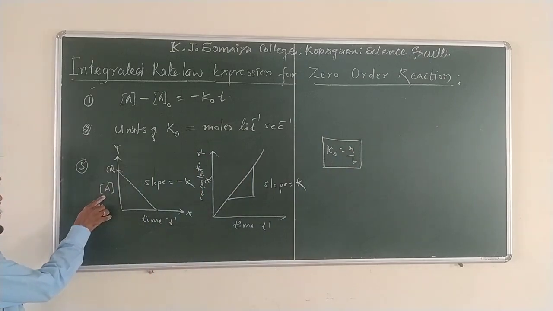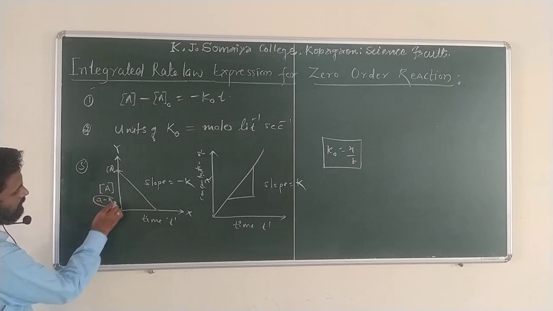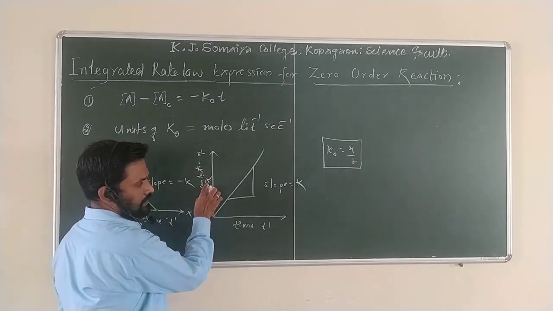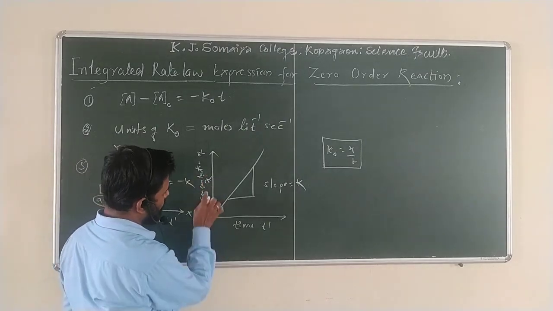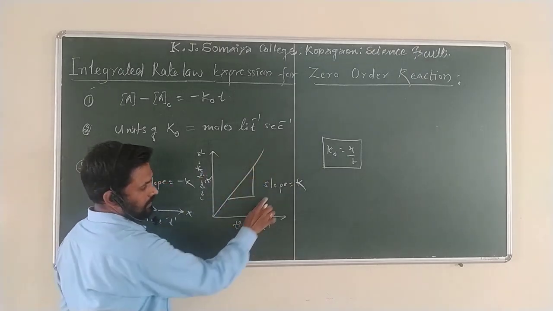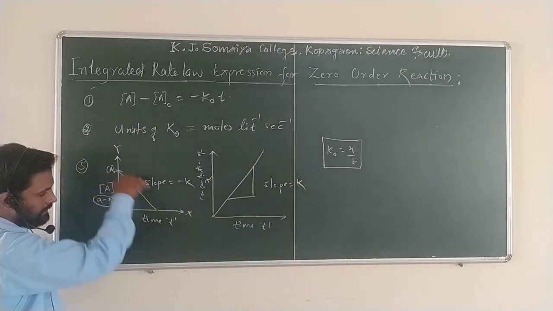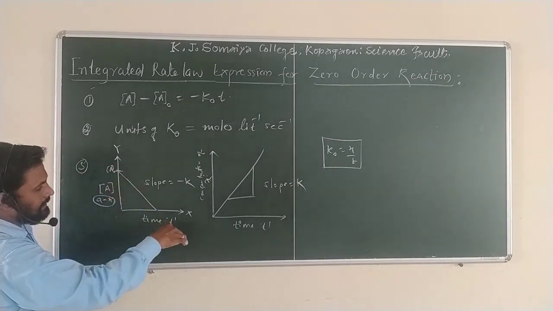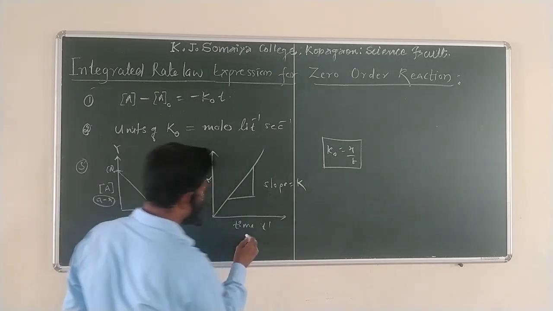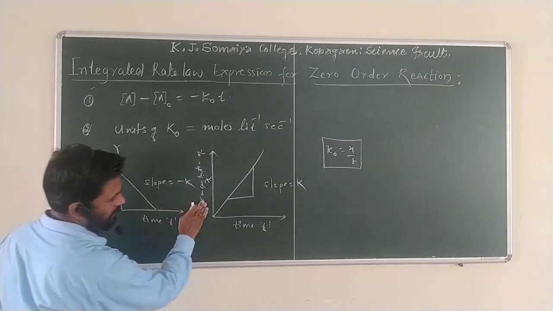Here the concentration of a is nothing but a minus x, which means the remaining concentration of that reacting molecule. Here x is the concentration of the product. When we obtain the graph between product concentration and time, you will get a positive straight line, because slope equals plus k. With the concentration of reactant, you will get the negative slope, a straight line in the reverse form, slope equal to minus k. So we can compare the graph between reactant concentration and the graph between product concentration.